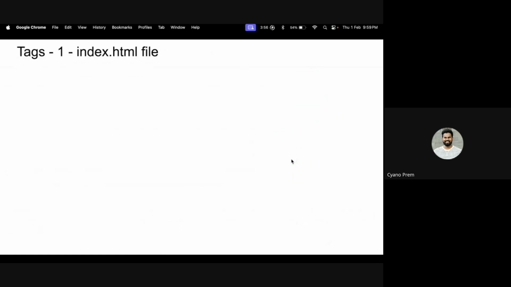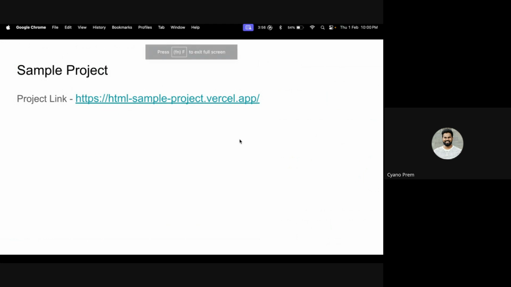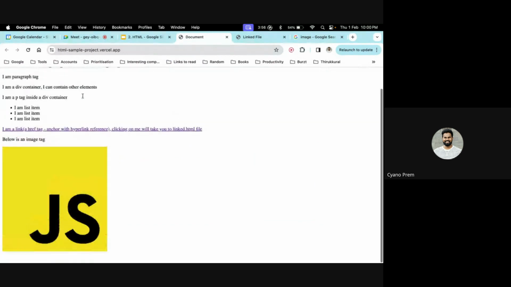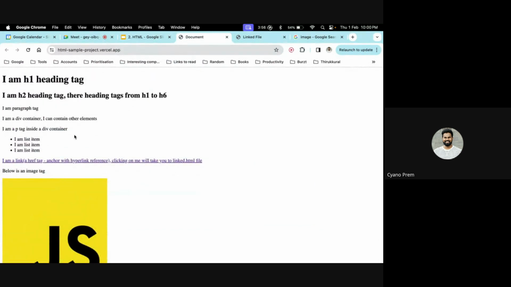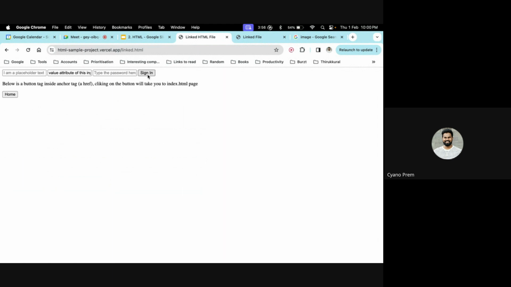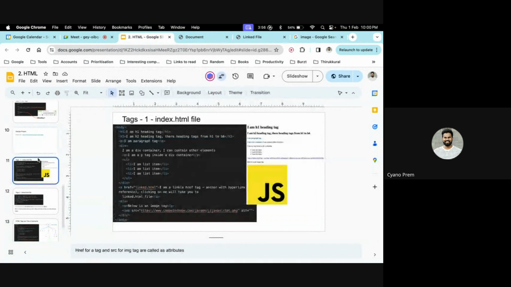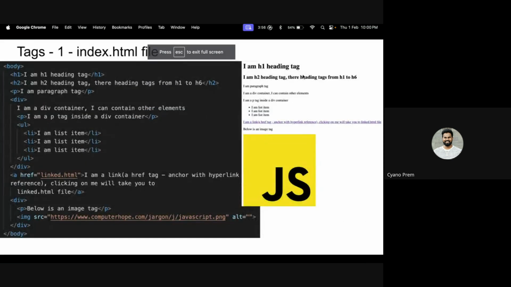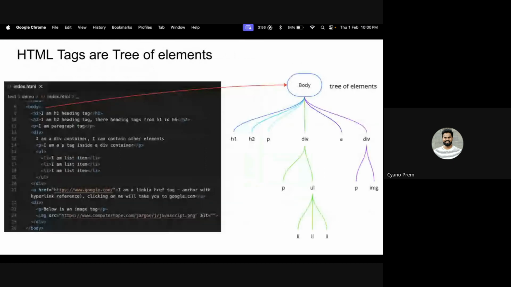Okay, so this is the sample project which we actually did. Okay, this is deployed here. You can also check this. Click on this link and check and play around and try to recreate. Okay, and the code for both the files, index.html and link.html, is given here for you to go through later. Okay, so basically everything whatever we did is there, and obviously the recording is also happening, so you will have what I've explained, and also the tags which go inside index and link.html.